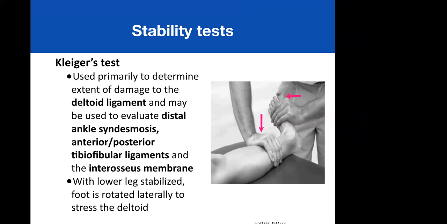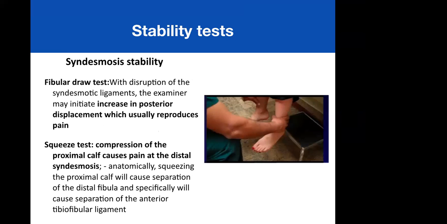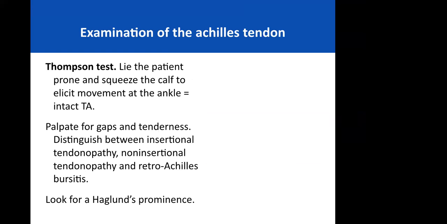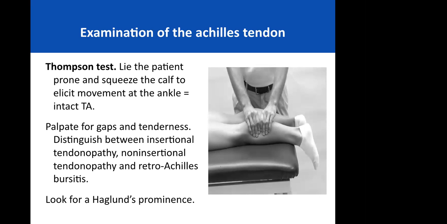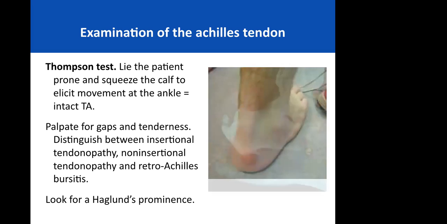These are more multiligamentous sports injuries, and may not be important in deformities of the foot and ankle, but they're important for you to know. Similar for the syndesmosis is the squeeze test or the fibular draw, where the fibula can be pushed slightly posterior as compared to the opposite side normal test. The Thompson test is for Achilles ruptures. When you squeeze the calf, there is no plantar flexion, which is otherwise normally seen if there is an intact tendo-Achilles. And the Haglund's bump.